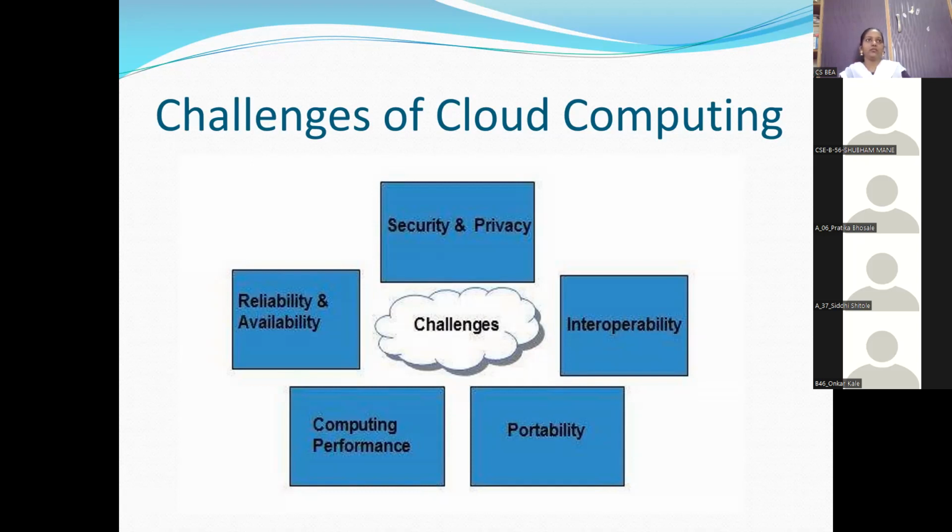You should be in a position to give maximum reliability and availability of data to your users, so that you can get many clients for your cloud. These are the challenges in cloud computing. Any doubt, or do you want to add any other data?